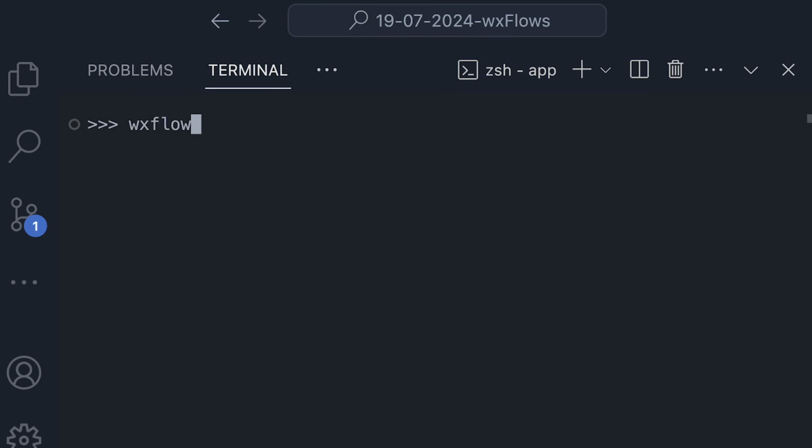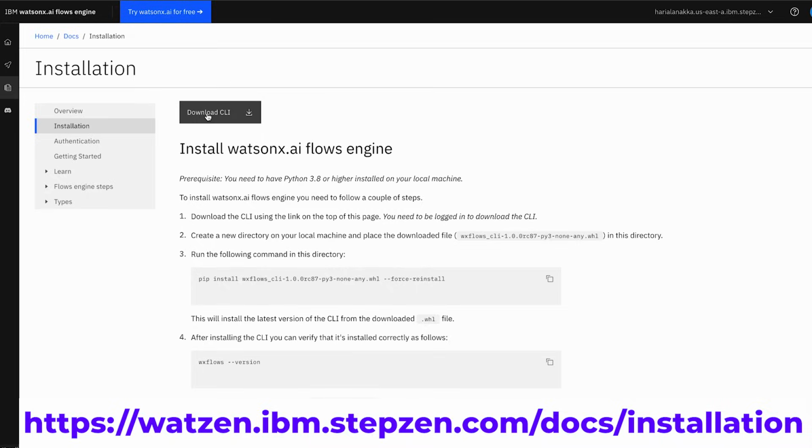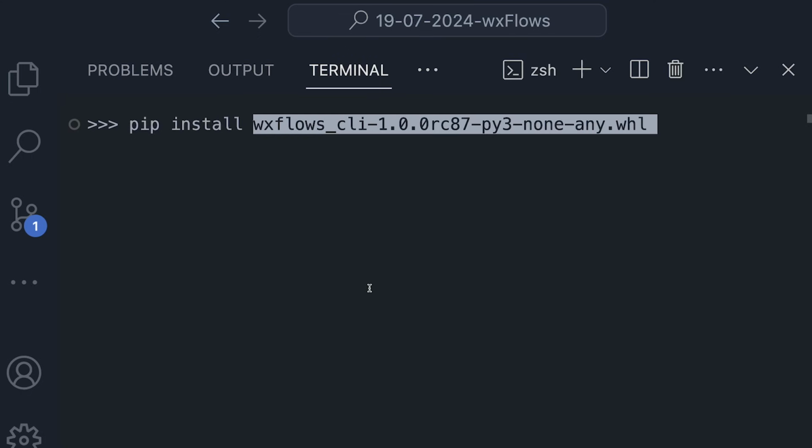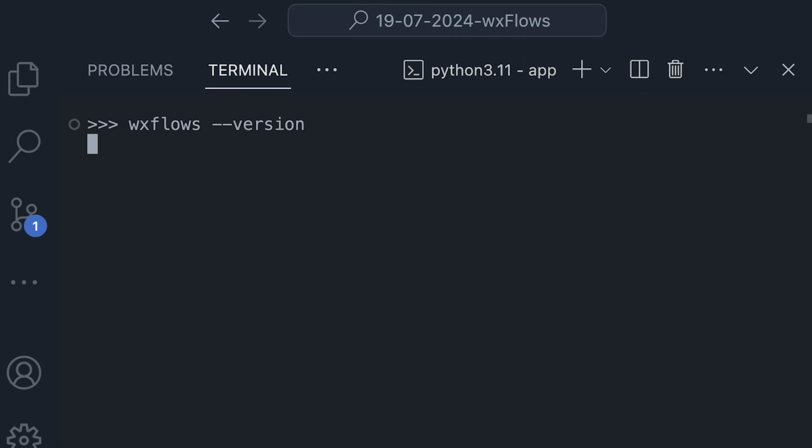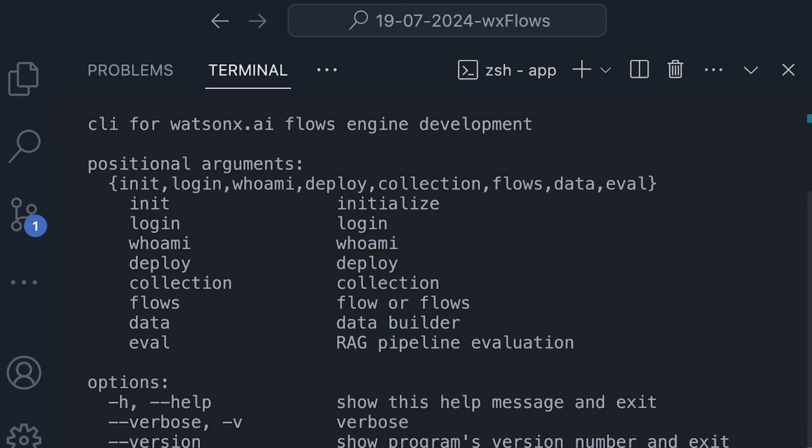I'm going to be using the watsonx-flows engine. The first goal is to be able to run wxflows --version on my MacBook. If I get back a version number, we're cooking. To do this, I just need to download the installer from here and install it using this command. Don't let the command scare you. Just do it the same way I use Excel every day. Copy, paste, and pray. Now, if I run wxflows --version, I get a version number back. Side note, I can also run wxflows --help to see all of the commands available.